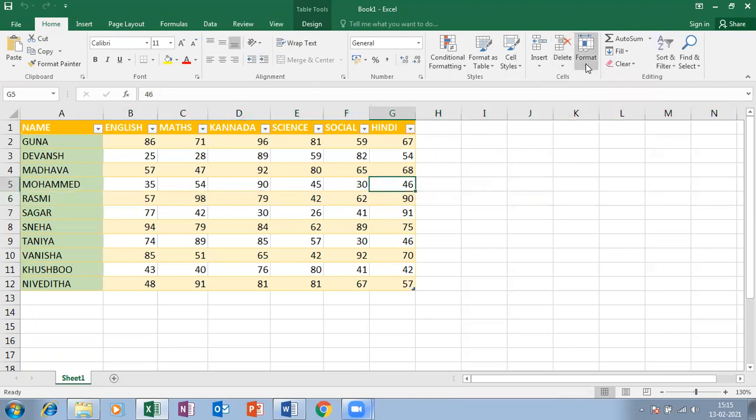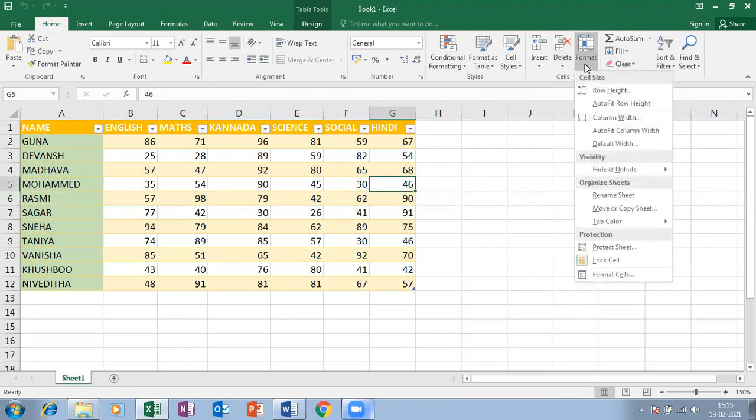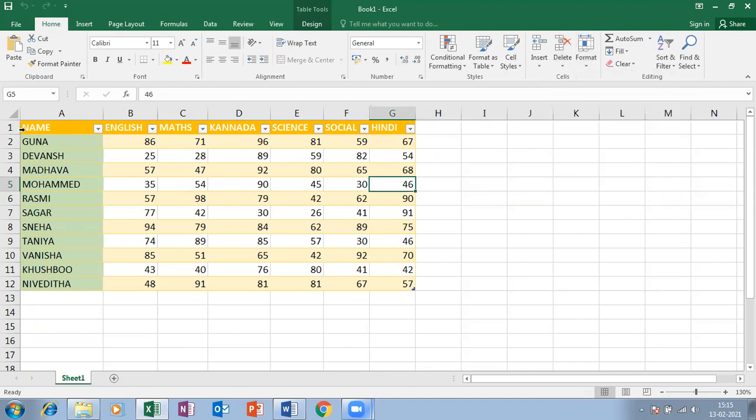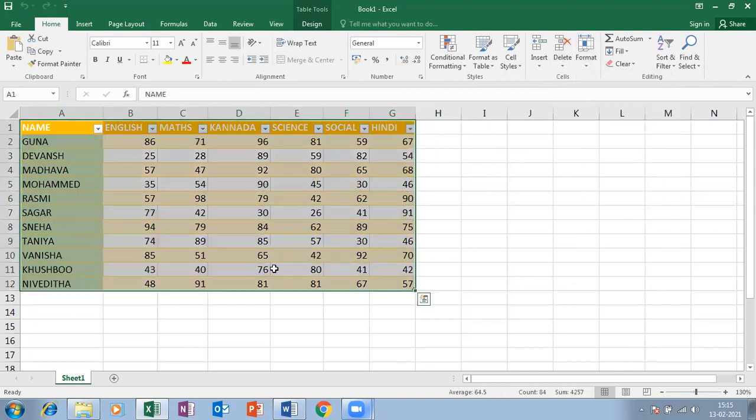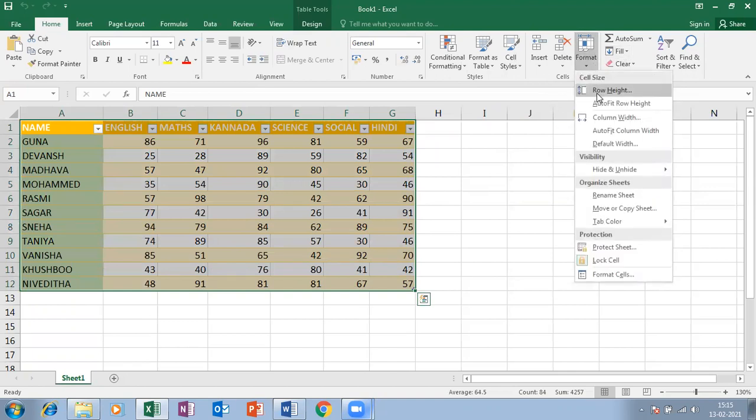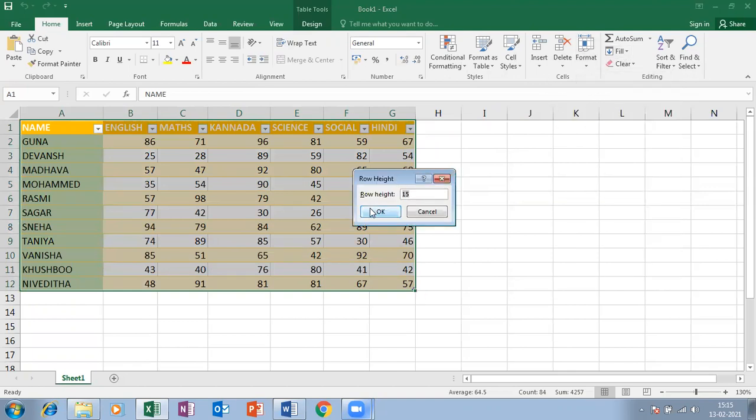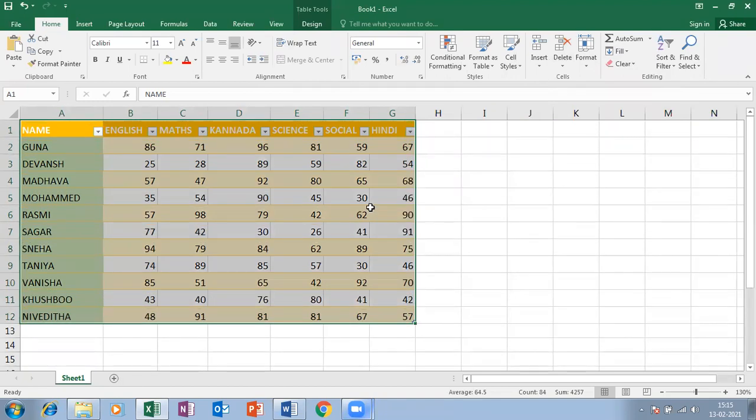Then again click on the format, select the table or range. Okay, row height. So a row height, you can mention how much height each row should be. So let me mention like 18. So row height.